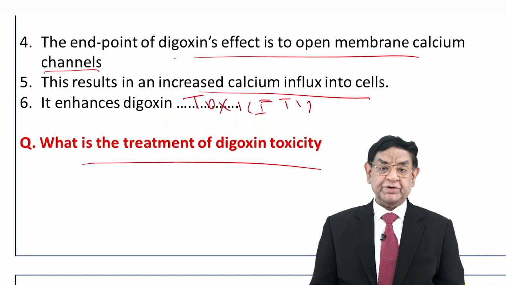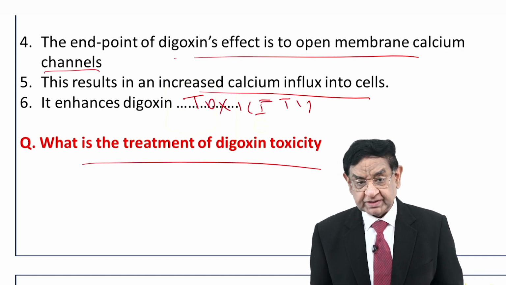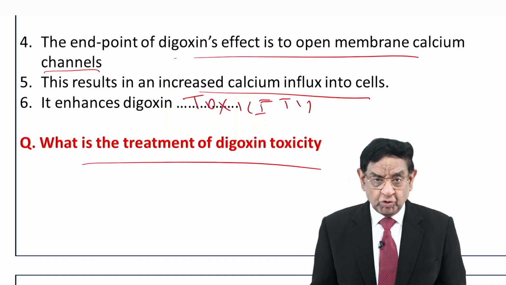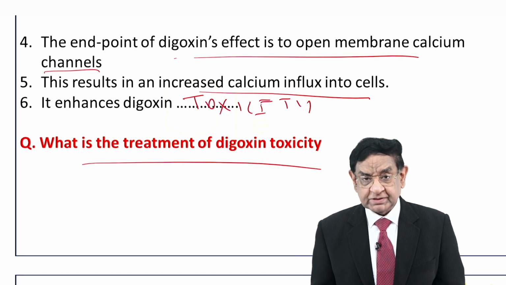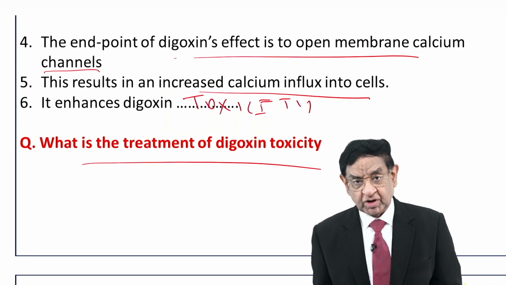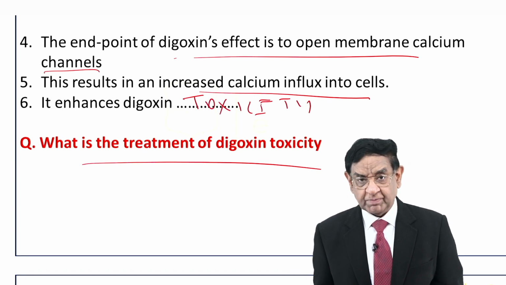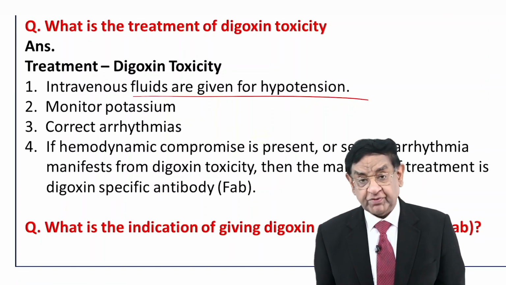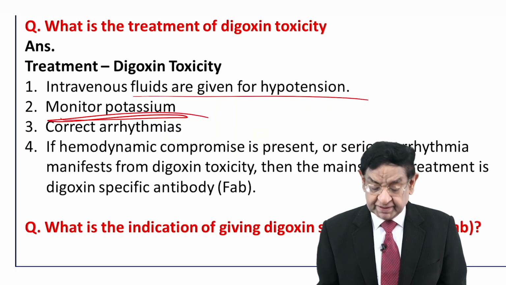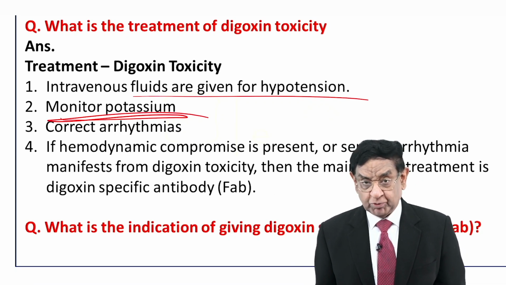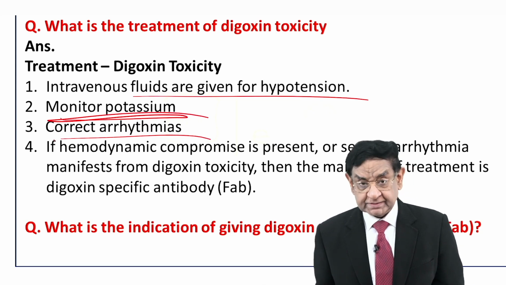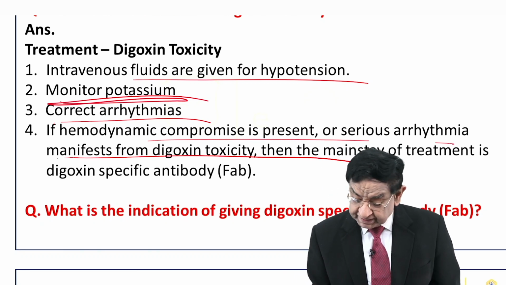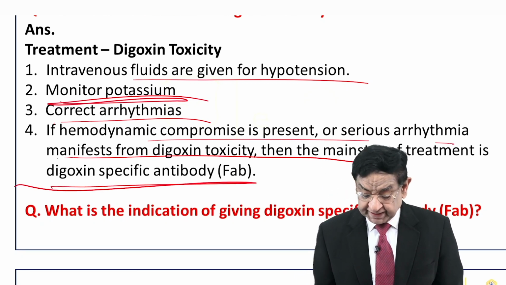Now, one more question for you. Stop the video, write down the answer. What is the treatment of digoxin toxicity? Of course, no need to say that we have to withhold the drug digoxin, but if acute toxicity is there, how are you going to treat it? Write down the answer in your copy. Well, for treatment of digoxin toxicity, intravenous fluids are given for hypotension. Monitoring the potassium level is very, very important. Hypo and hyperkalemia both can create problems. Correct arrhythmias, and if hemodynamically compromised or serious arrhythmias are there, then you can go for digoxin specific antibody, so-called